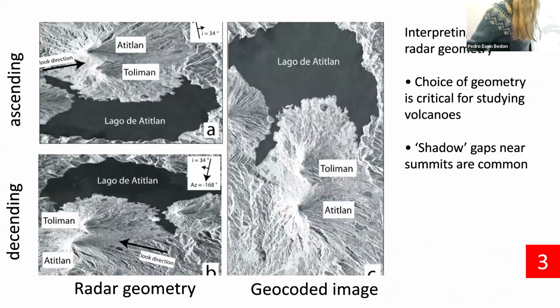So this is an illustration of what that looks like. You've got radar geometry from Atitlán volcano in Guatemala, and then you've got the geocoded version over there. You can see the bright returns are kind of squashed in the radar geometry. There's not all that much information there, where the darker side of the volcano is stretched over a much longer area. And that's less obvious when it's geocoded and returned to its true shape. But I'm going to come back to questions after, I think.